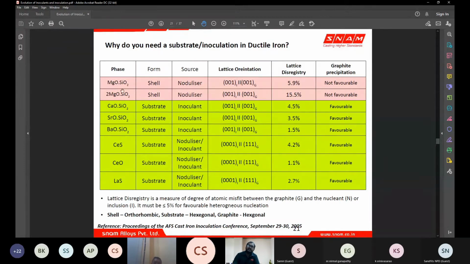And here, when we see the second part of this compound, it is silicate. So you definitely need this silicate for this element to perform. That means with just calcium oxide, you don't get this effect, or with just silicate, you don't get this effect. You need a calcium silicate or calcium aluminate per se. The same way, barium silicate or barium aluminate. So you need silicate, and this silicon is provided by the ferrosilicon, or silicon in the inoculant, or silicon in the liquid metal. You get barium also from the inoculant. So this is the reason why just ferrosilicon, without any special elements, cannot be a potent inoculant.